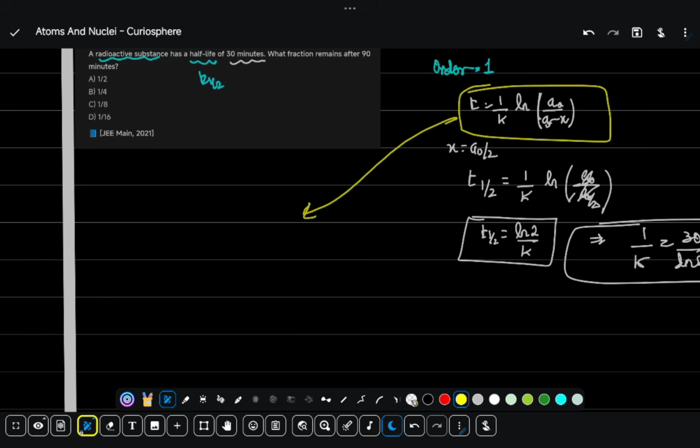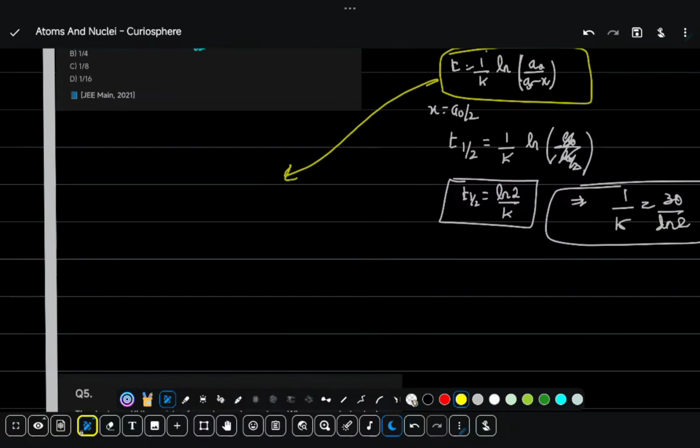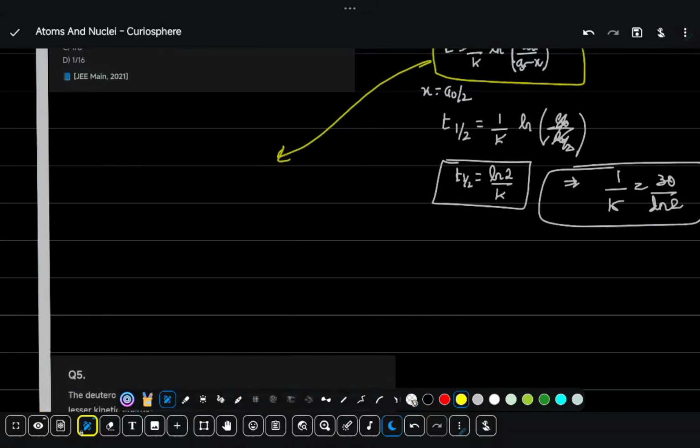Using that, you need to find the constant in the reaction, in the formula. Using that constant, apply the formula for the unknown case, which is 90 minutes here. So the constant 1 by k: since here we have 1 by k, we directly substitute 1 by k with 30 by ln2. So now t